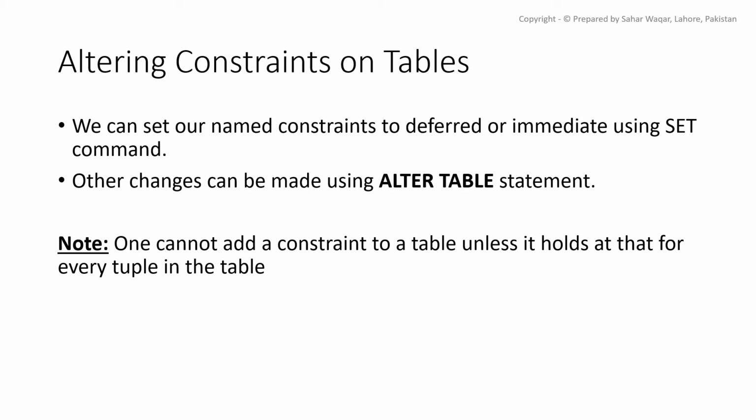We must also note here that whenever we are adding a new constraint on already created table and it has a number of tuples, then this new constraint must hold for already existing tuples too. For example, if we are adding limit on GPAs, then existing rows should have GPAs in the limit. Future tuples will be automatically checked by the constraint.